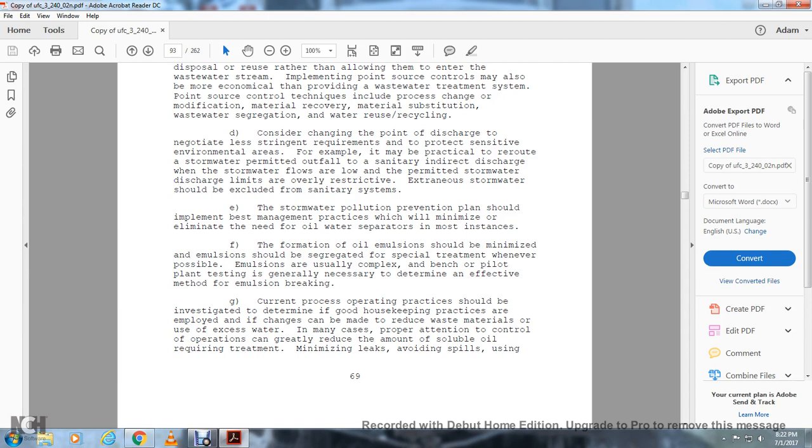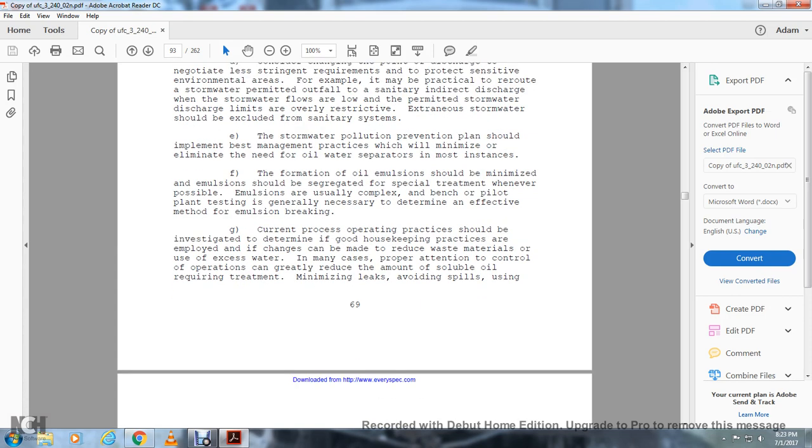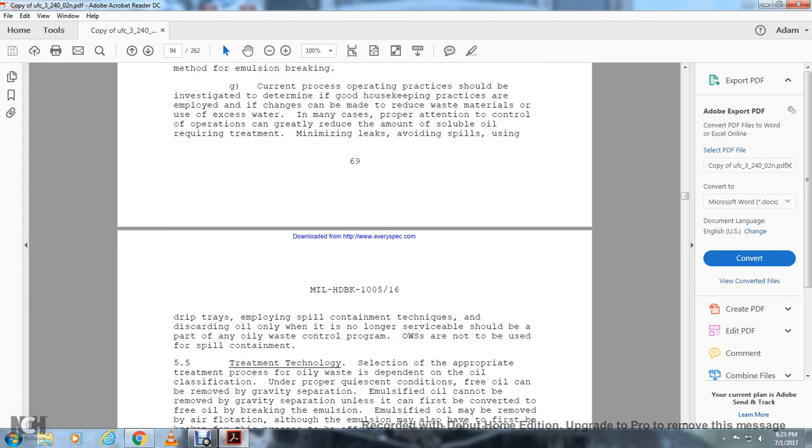Current process operating procedures should be investigated to determine the good housekeeping practices employed and the changes that can be made to reduce wastewater and the use of excess water. In many cases, proper attention to the control of the operation can greatly reduce the amount of soluble oil requiring treatment: minimize leaking, avoid spills, and use drip trays. Spill containment techniques and methods to discard oil when it is no longer serviceable should be part of the oil wastewater